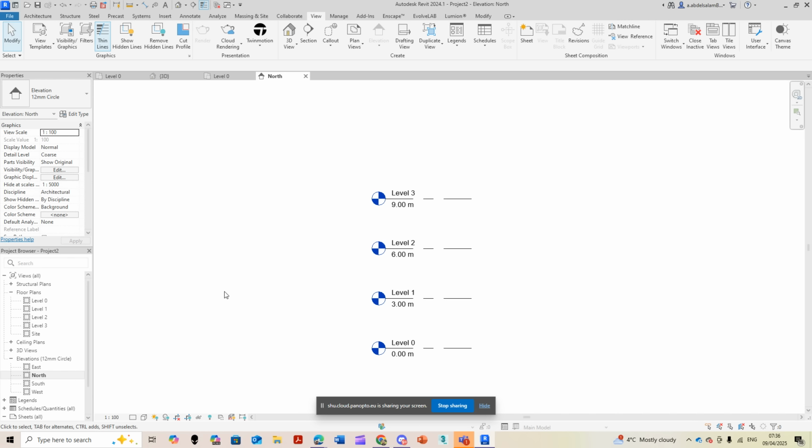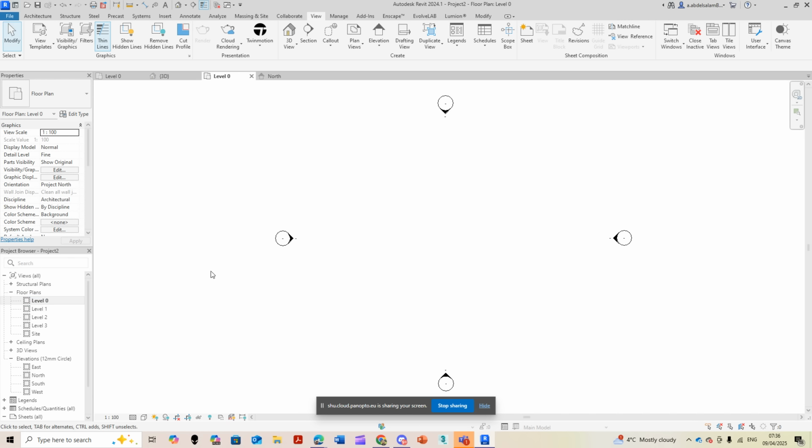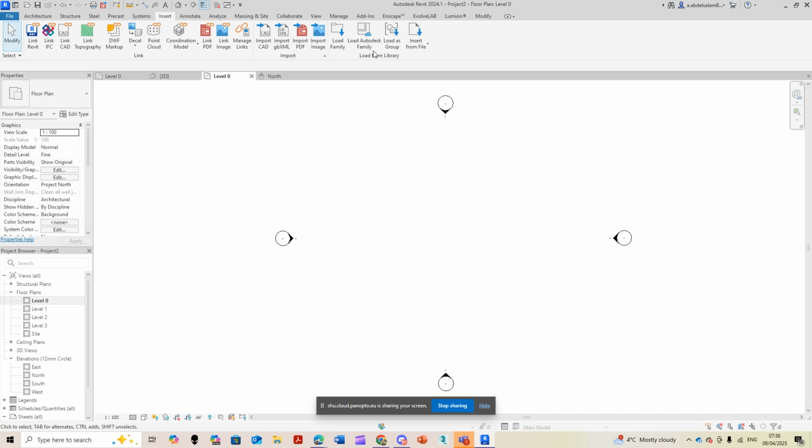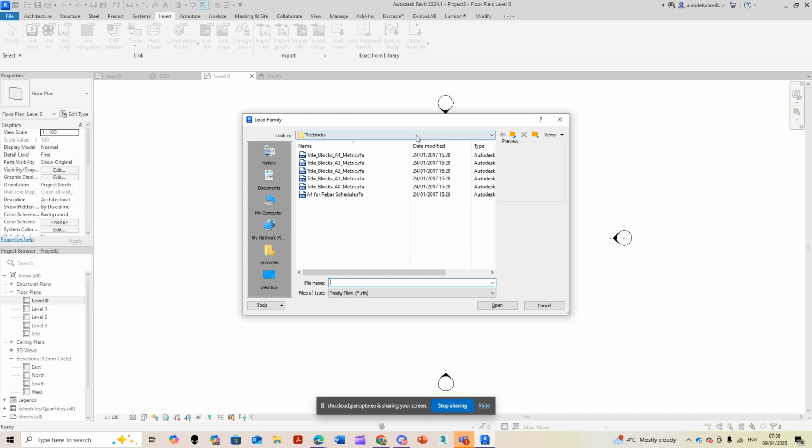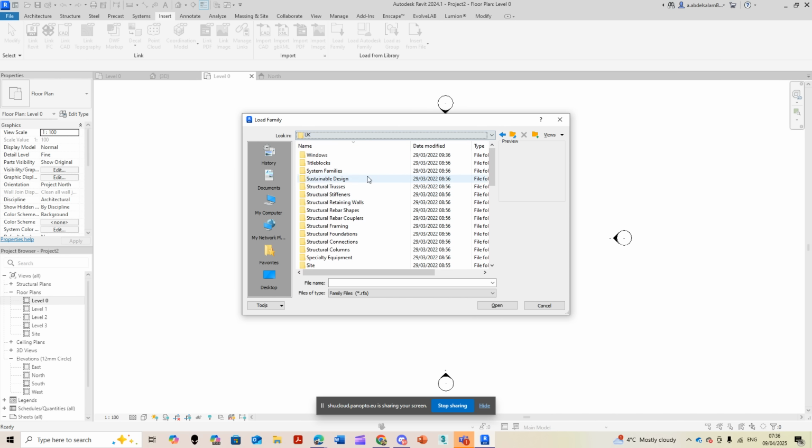Okay, so what else could I add? As I mentioned, you could also add some assets. So if I just go to level 0 here and I want to add some assets, I could go to Insert, then Load Family,